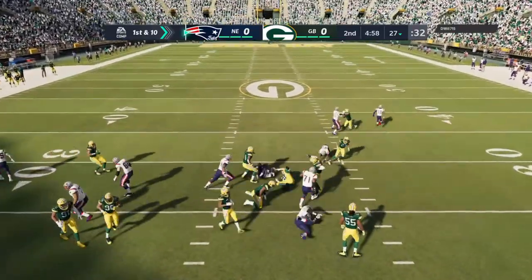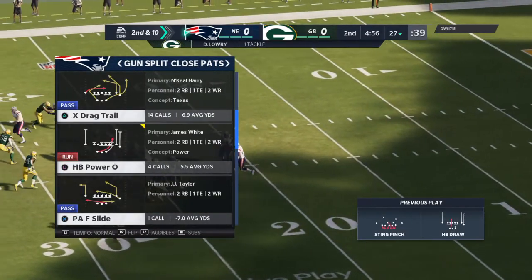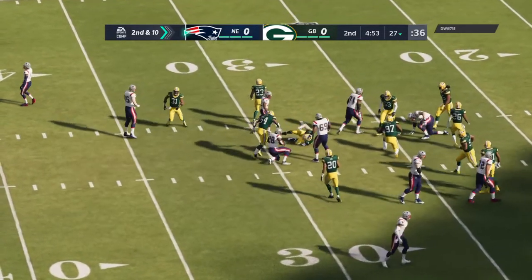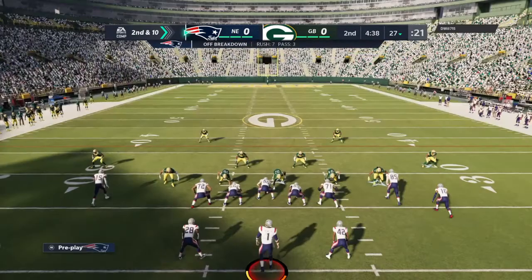They'll run it here. This is James White. And not a lot of daylight, not really any daylight inside as he's going to be stopped right at the line of scrimmage. Brings up second down. On the play. 2nd and 10 at the 27-yard line. Bring up,